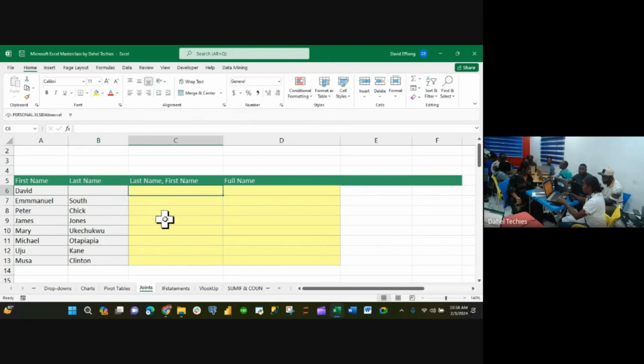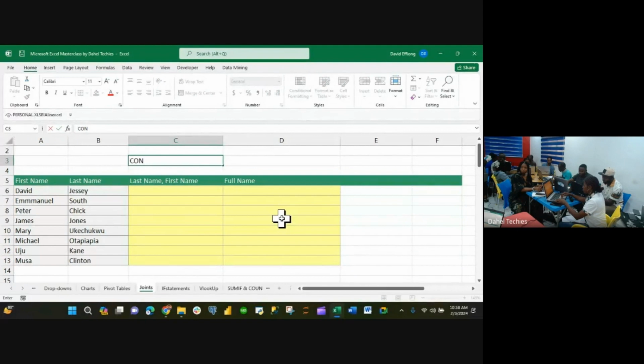No. We can't click on anything on the data that we want to concatenate. I mean, that's the word. Concatenate. Please spell it so that you can research about it. Concatenate is like putting things together, right? Concatenate, you join.